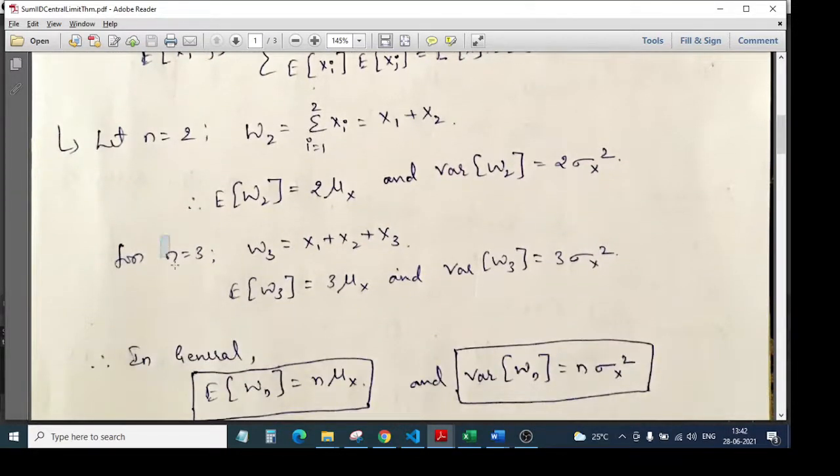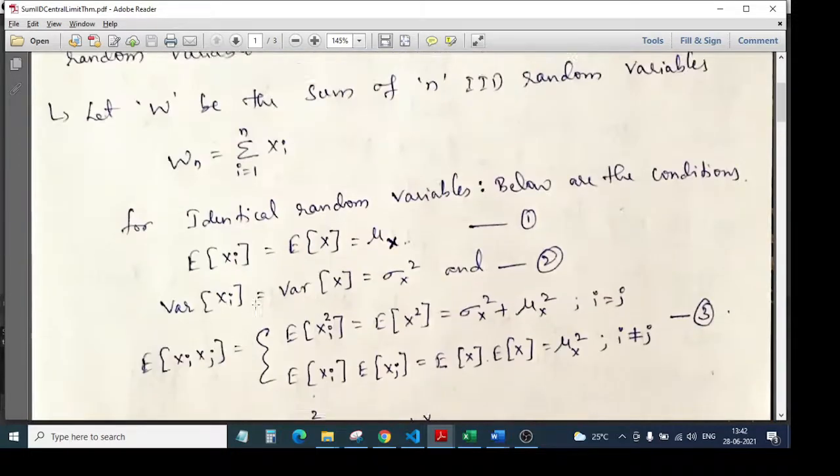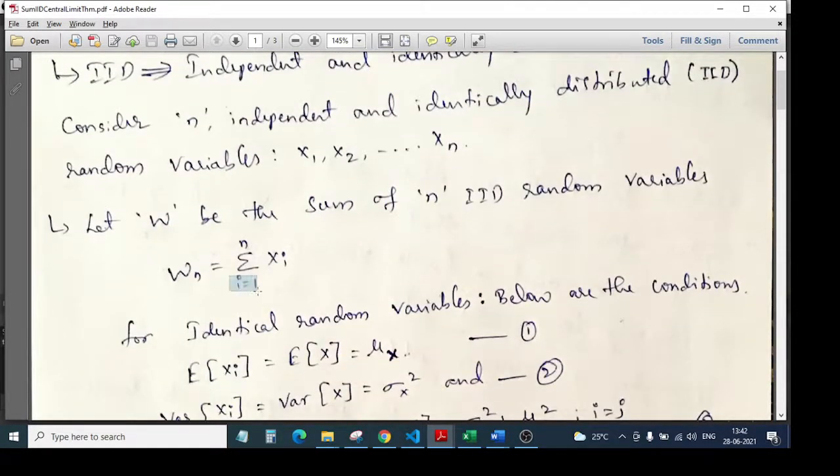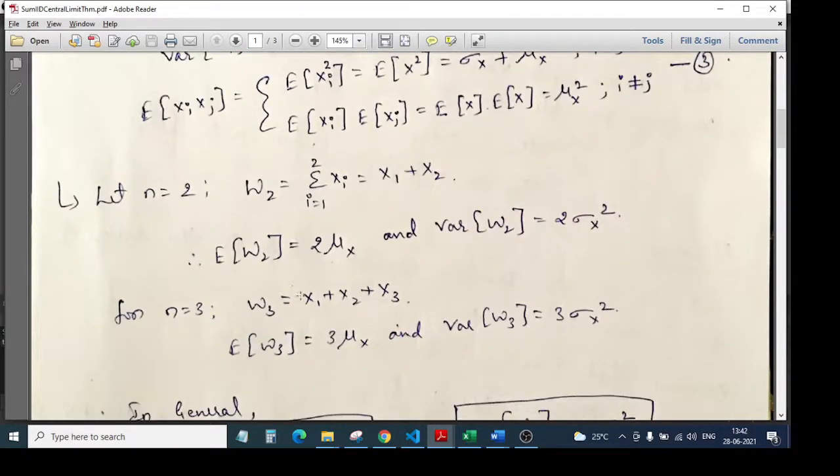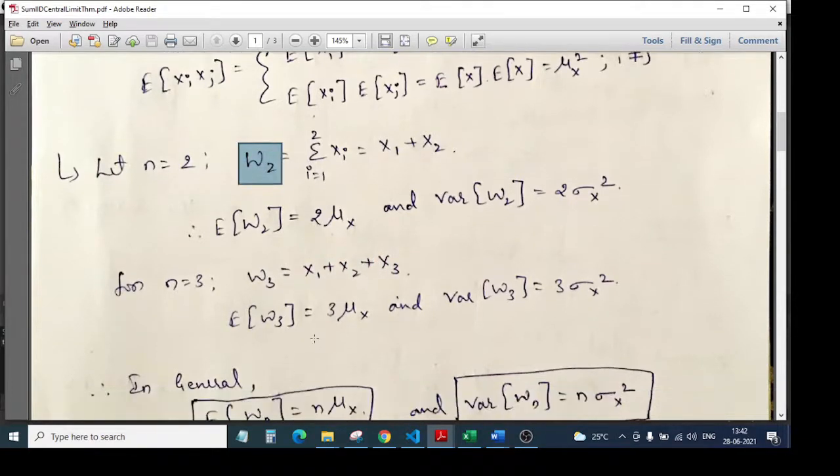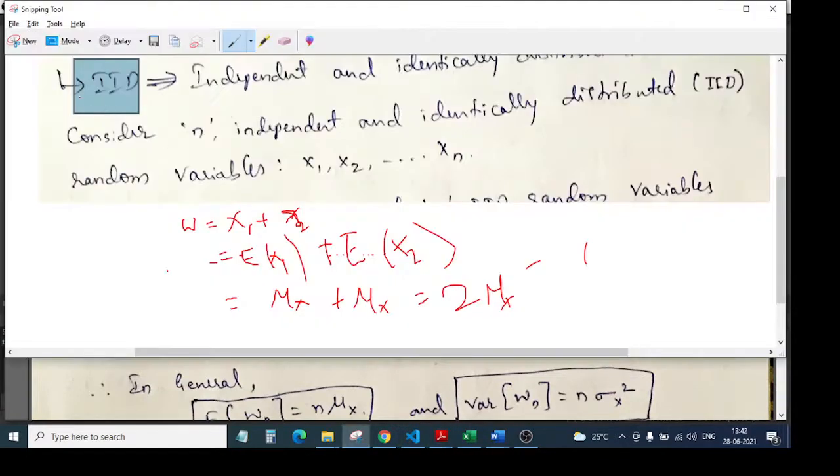Similarly, let us take the condition for n is equal to 3. So when n is equal to 3, i is equal to 1, 2, and instead of n you replace it by 3. That means it is nothing but x1 plus x2 plus x3. Now what we will be doing, friends, is considering x1 and x2 as the convolution of the PDF of x1 and x2. That is, we can replace this x1 plus x2 by W2. I am trying to say it in very simple terms. Let me show you on the board.